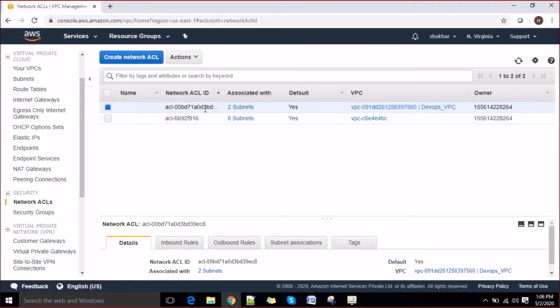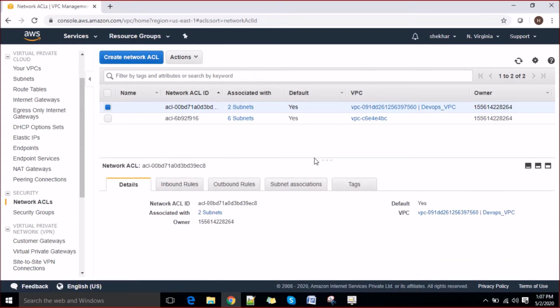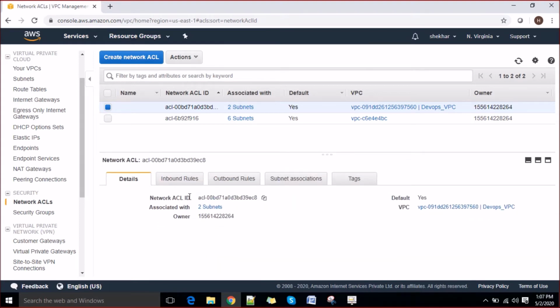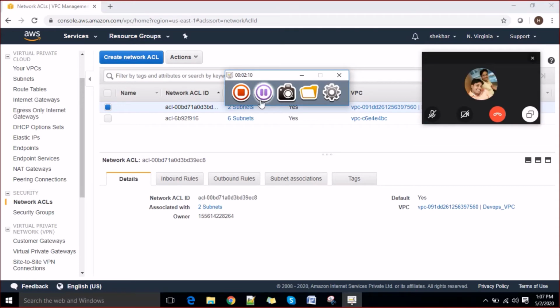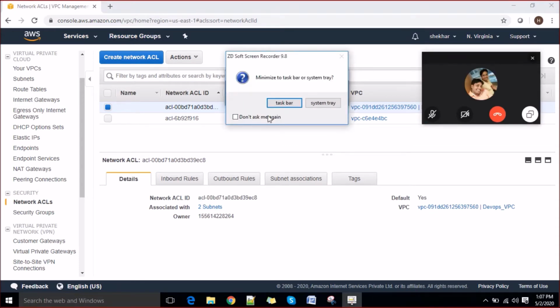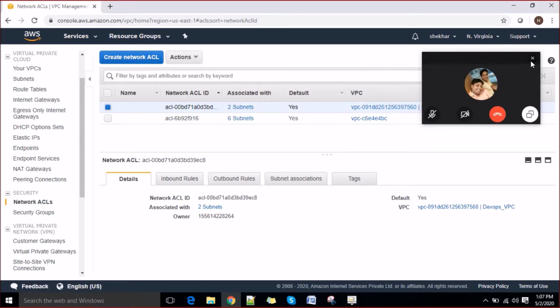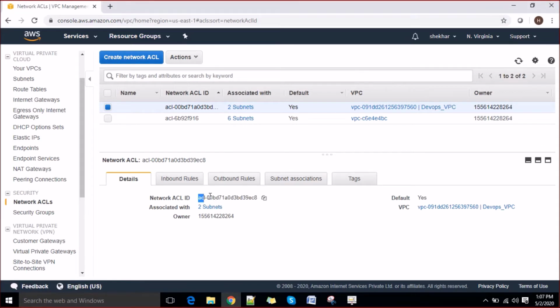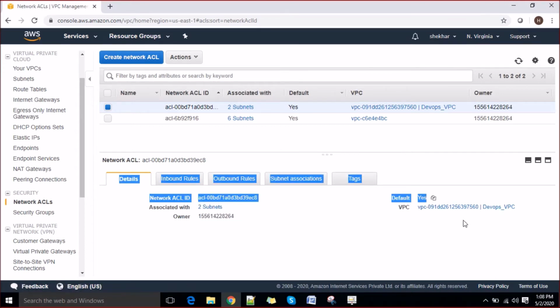If you scroll up, you can see this is the network ACL, with details like the network ACL ID, how many subnets are associated with it, who the owner is, and which VPC is allocated with this.